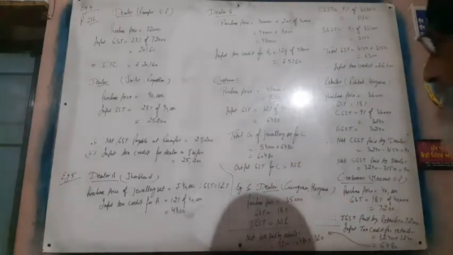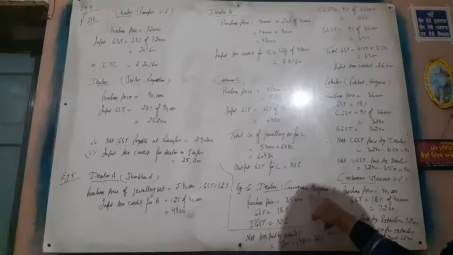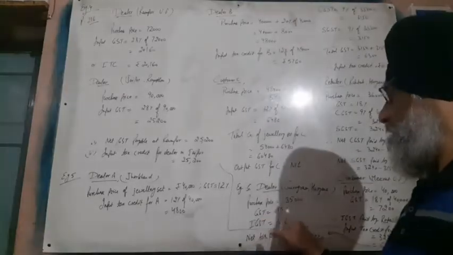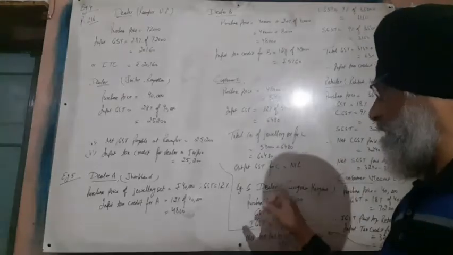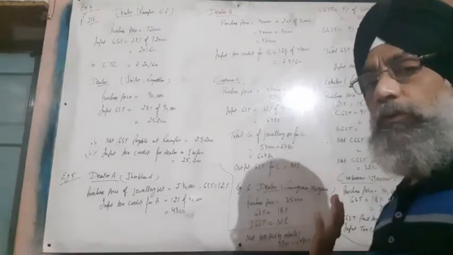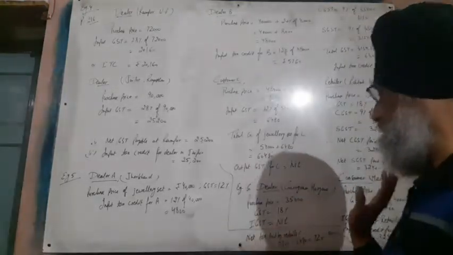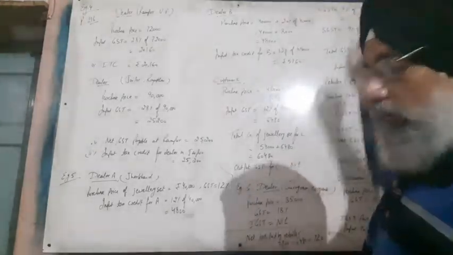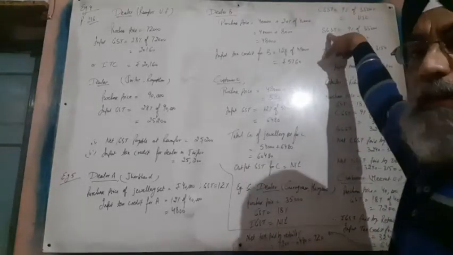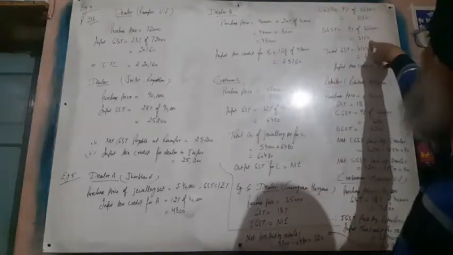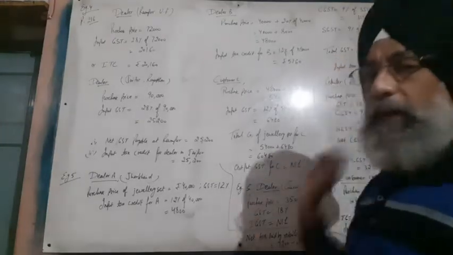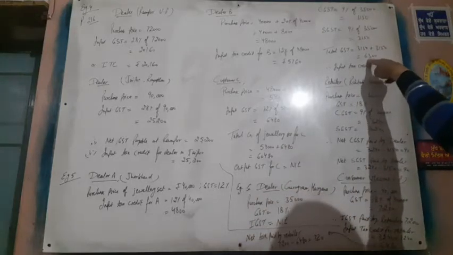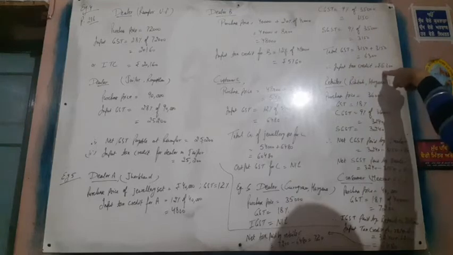In example 6, see in your book, there is a dealer in Gurugram, that is in Haryana. Purchase price is 25,000 for the air conditioner. GST is 18%. Now, the dealer has purchased this from the same city, Gurugram, that is in the same state. So there is no IGST. CGST becomes half of this, that is 9% of 35,000. Half of 18% is 9%. Same is the SGST, that is state GST, 3150. So the total GST paid by this dealer is 3150 plus 3150, that is 6,300. So the input tax credit becomes 6,300.